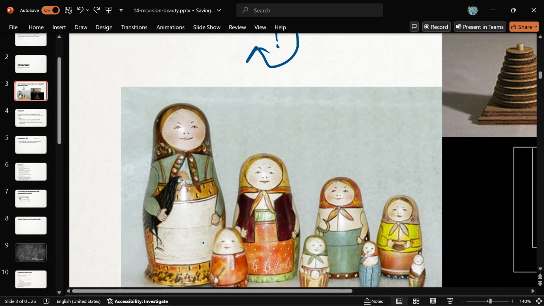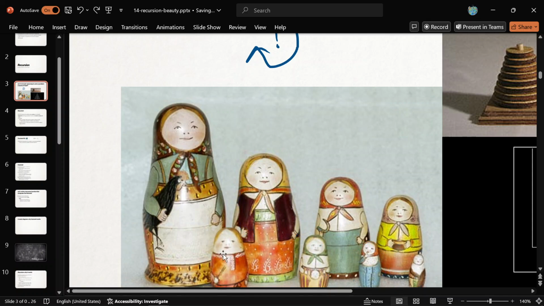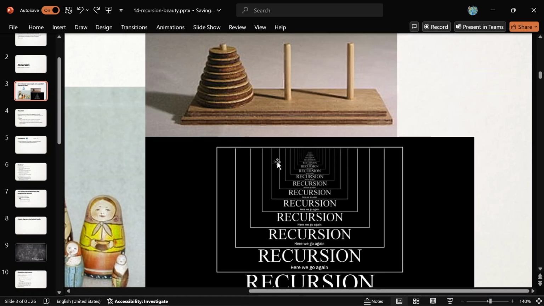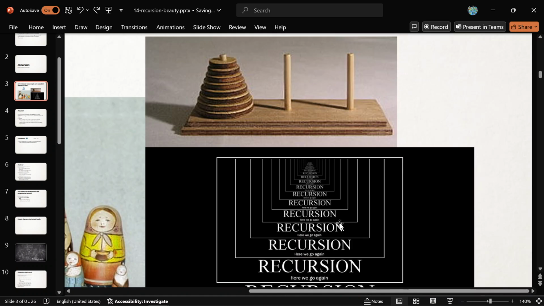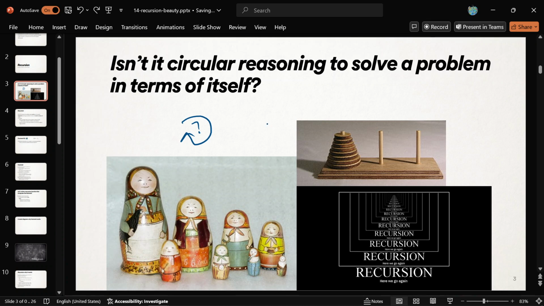The goal is that there might be a smaller problem inside of that one, inside of that one, inside of that one. But eventually it gets so small that it's immediately solvable. There's a last one, a smallest one. So that's what we're going to look for today. There are plenty of memes about that. It's like infinite zooming. That's what recursion is all about. And then there's a game, if you've heard of it, called the Tower of Hanoi problem. You've got to move the pegs from here to here, and you can only put smaller ones on top of bigger ones.